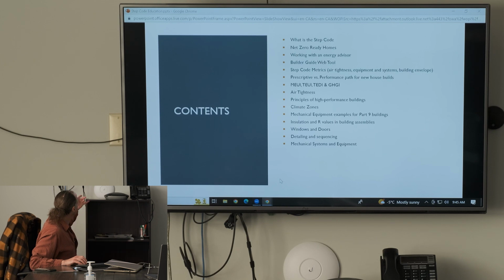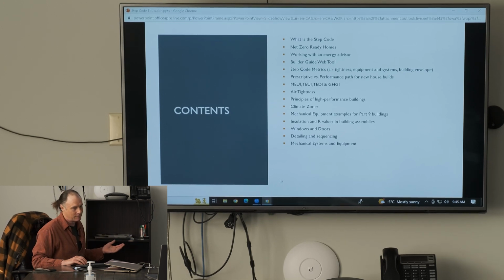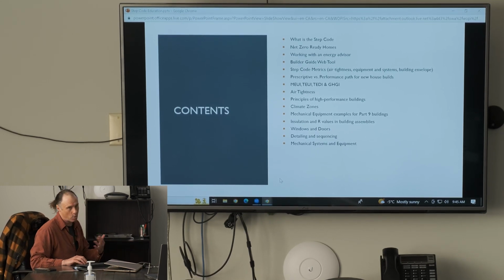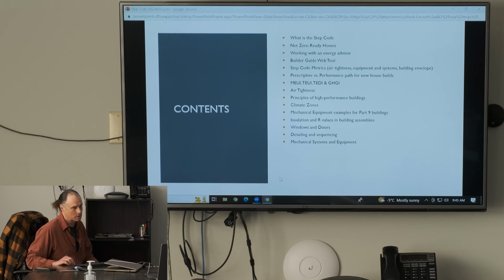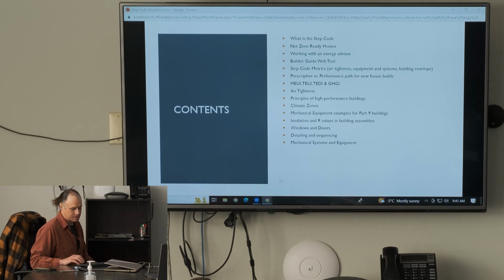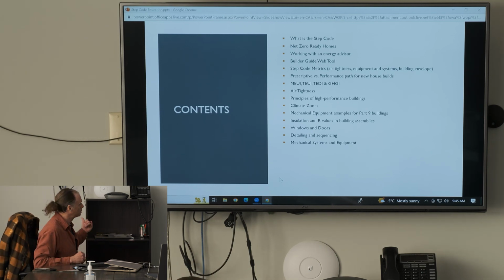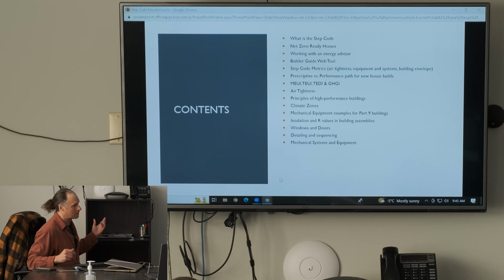So we go through the step code, talk a little bit about net zero ready homes, what that means, working with an energy advisor and what that entails and how that can help with new builds. The Builder Guide web tool, which is a really important resource. It's an online resource, and honestly, that's where a lot of this material that I'm going to be presenting today came from, the Builder Guide web tool. And so we'll talk about the step code metrics, airtightness, equipment and systems, and the building envelope,